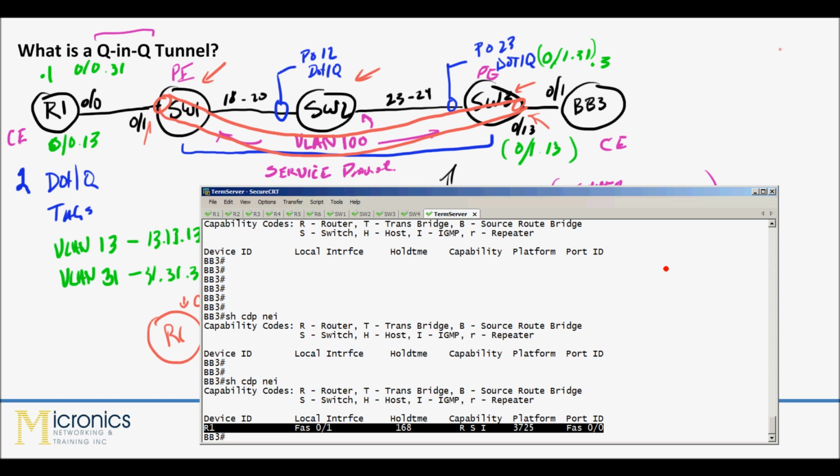So that should conclude our discussions about QnQ, and I went ahead and tossed in the layer 2 protocol tunneling as just a little bit of an extra, and I've got other questions coming, and I'll try to get videos out for those